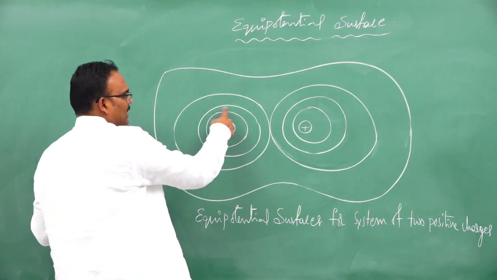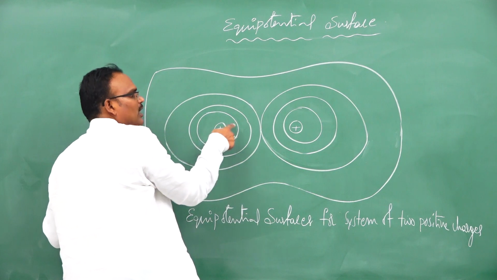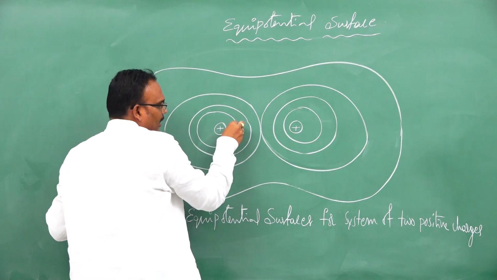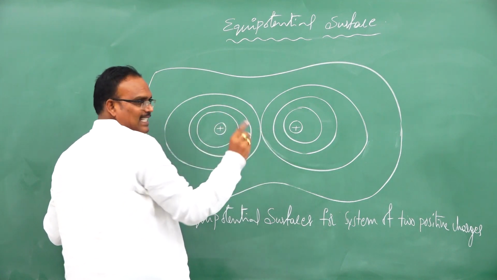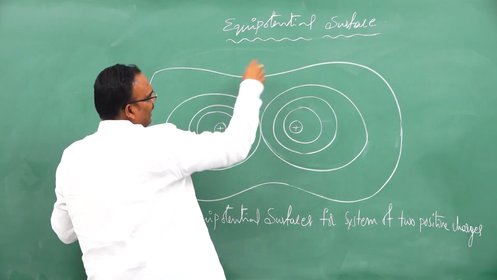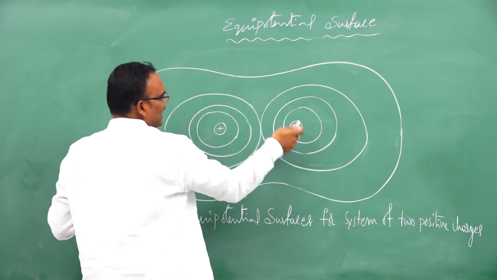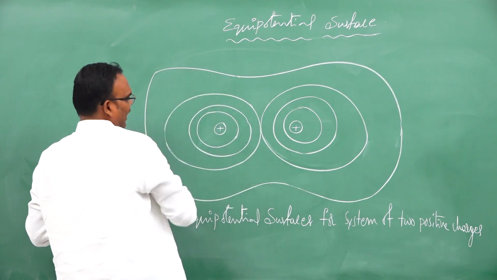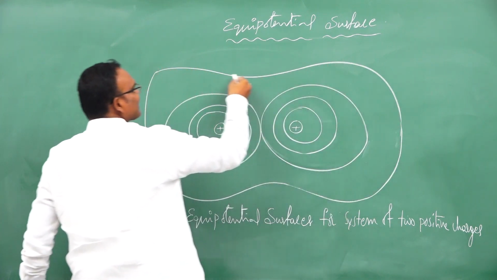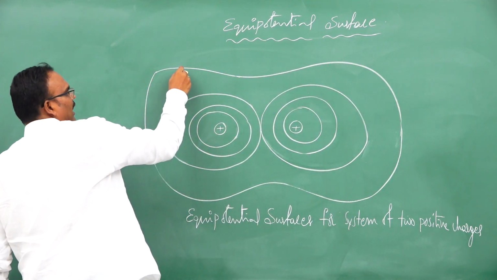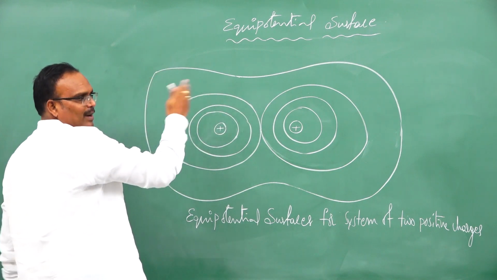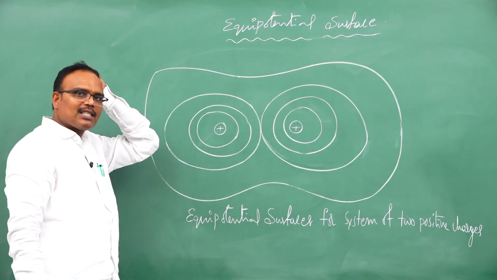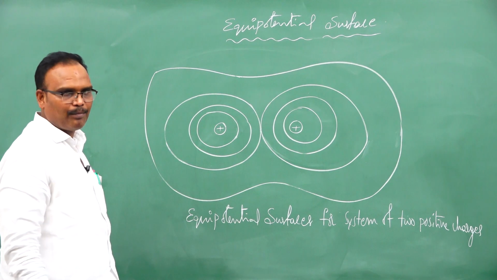See, this is an equipotential surface. Here, the potential is not only due to this charge. Remember, at any point, potential is due to both the charges. That is understood. If you select a point here, it is the sum of the potential due to this charge as well as this charge. How much it is here, that much it is everywhere on this surface. So potential on this surface is the same at all points. At any point on this surface, potential is due to both charges, V1 plus V2, which is the same along this line. Similarly, I have drawn some equipotential surfaces for this two positive charge system.